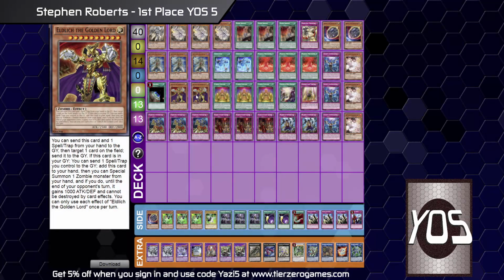Hello and welcome to another episode of Top Deck, the series where we take a look at some of the leading TCG deck lists, and today we are taking a look at Stephen Roberts' first place YOS 5 deck list. This is a very exciting list that was used to beat Virtual World in the YOS 5 final,